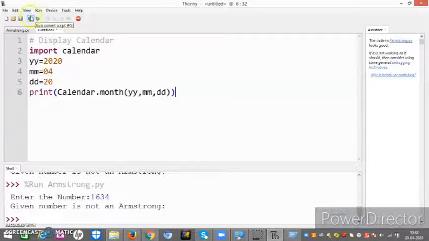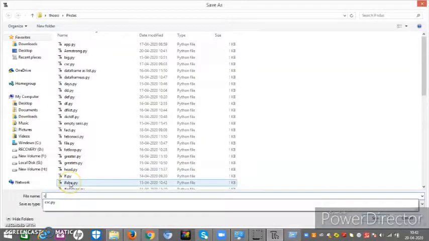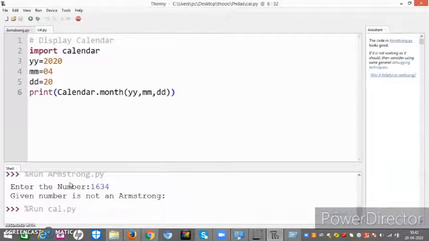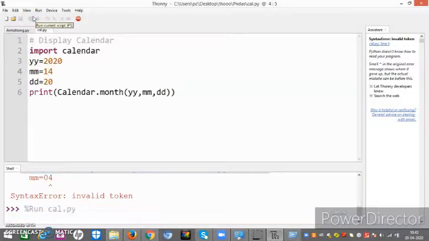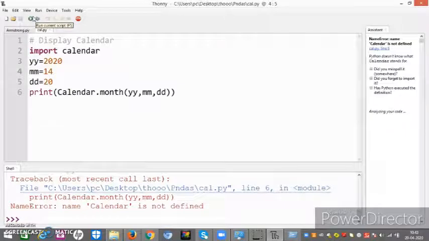Right, let me run it for you and we will see whether it is getting an error or an output. Why it is getting an error, I don't know. Okay, so invalid token, I will write it as 14, then I will see. Look, calendar is not defined.